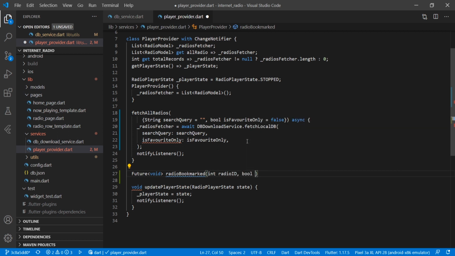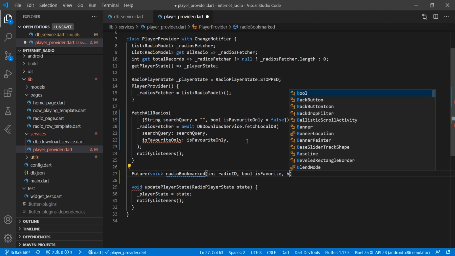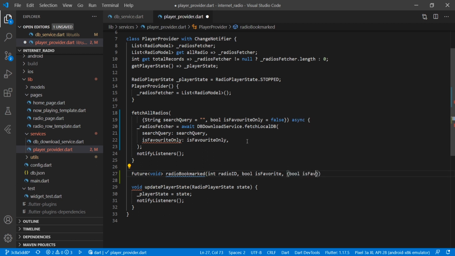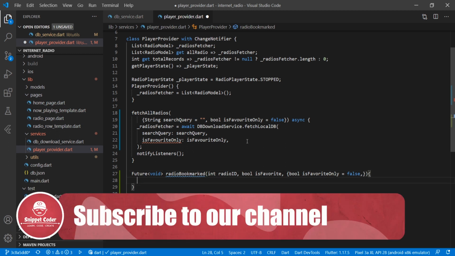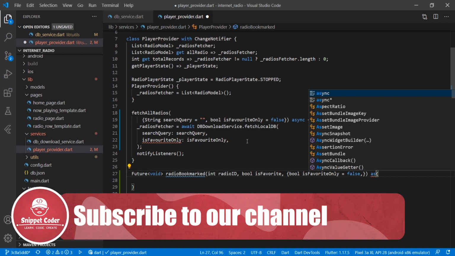Then we have a bool isFavorite, and we are also passing the parameter isFavorite only as an optional parameter. And we will make it async.